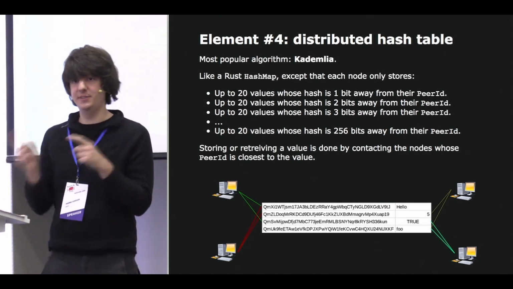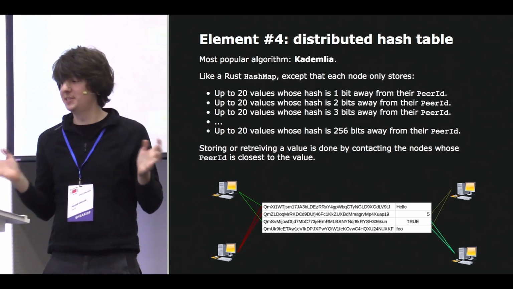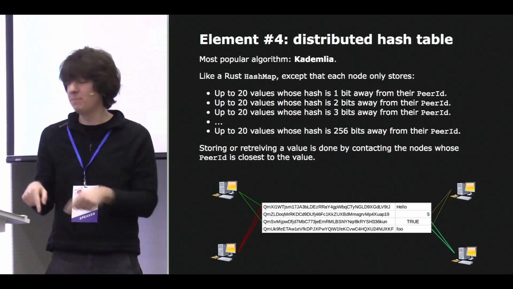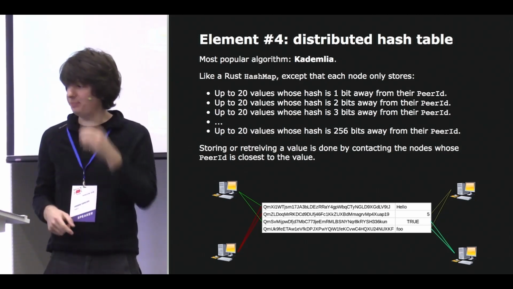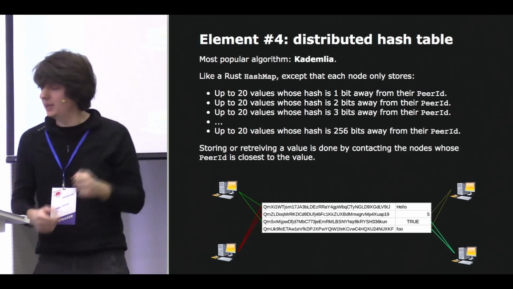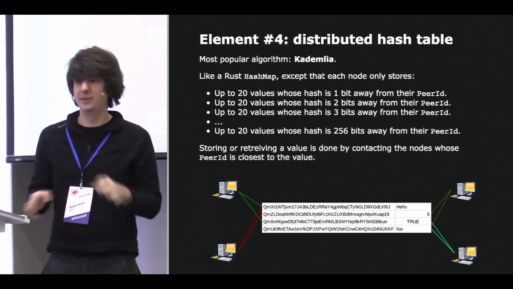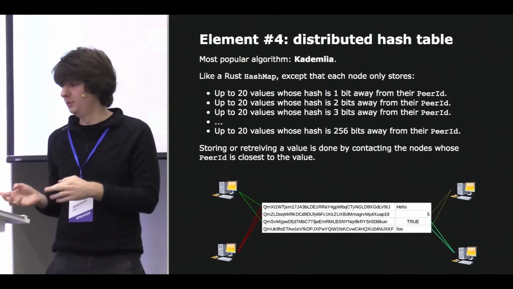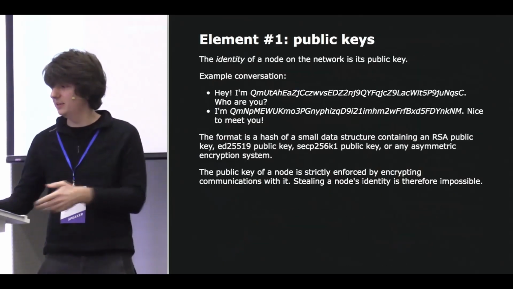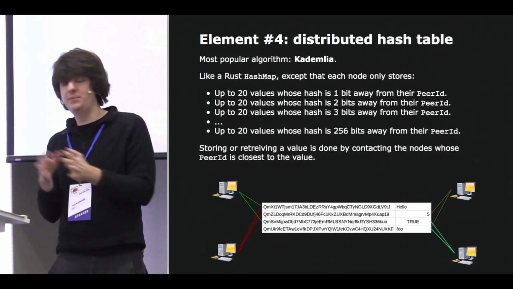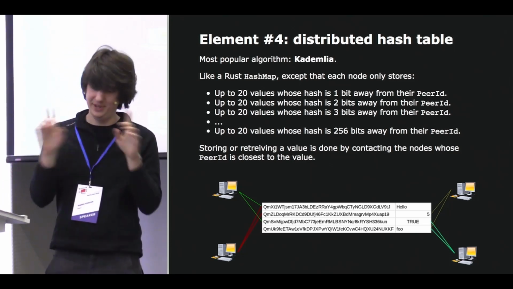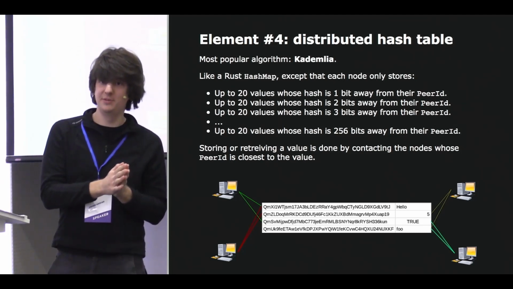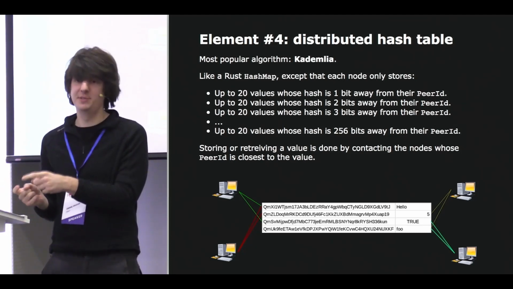The difference is that in a distributed hash table, as its name says, it's distributed, which means that each node only stores a partial view of the hash table. To determine which values you store, you use your public key, which I explained 3 slides ago. You store up to 20 values, and to do that, you use the distance between your public key and the key to store. So you store up to 20 values which have 1 bit of difference between your peer ID and